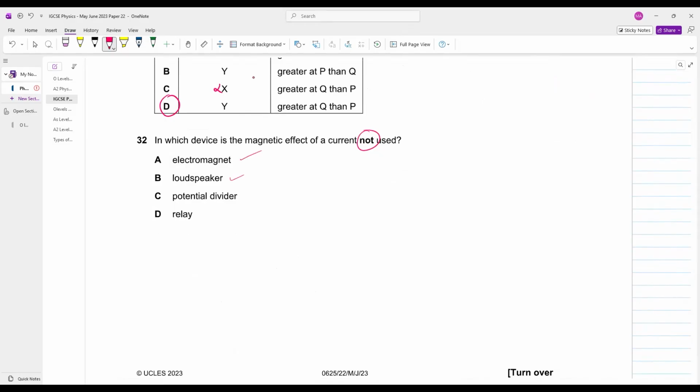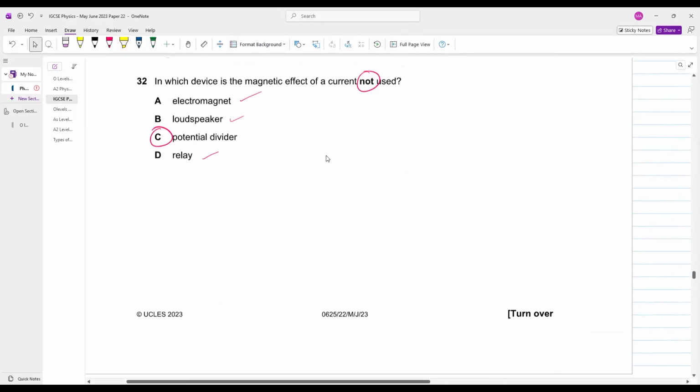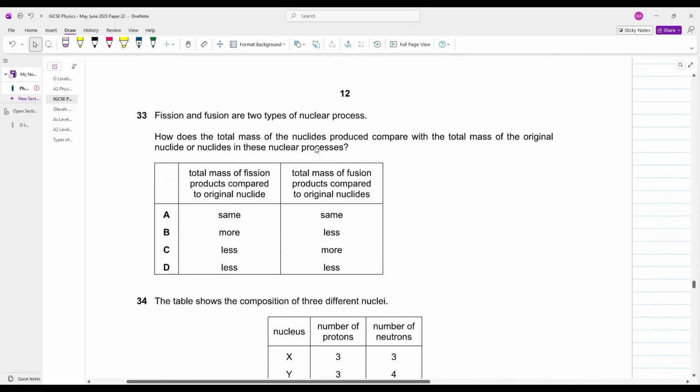इलेक्ट्रोमैग्नेट में यूज होता है, लाउड स्पीकर में यूज होता है, रिले में. पोटेंशियल डिवाइडर में वी डू नॉट यूज मैग्नेटिक इफेक्ट ऑफ करंट. Okay, fission and fusion are two types of nuclear processes. How does the total mass of nuclide produced compare with the total mass of the original nuclide or nuclides in